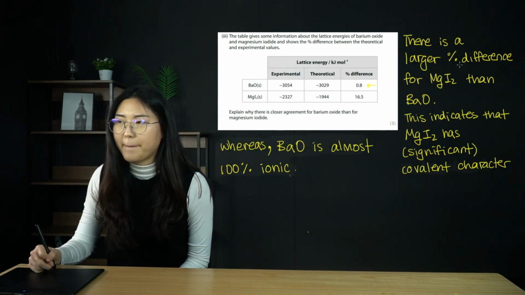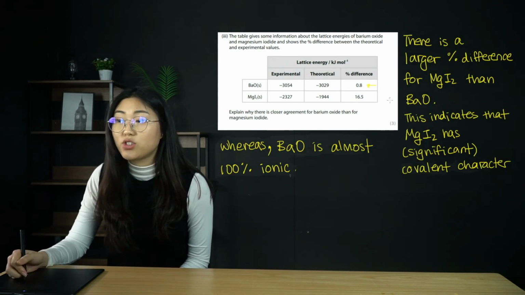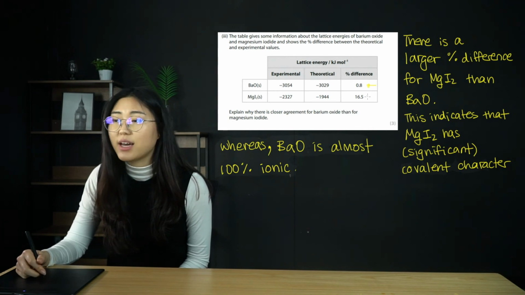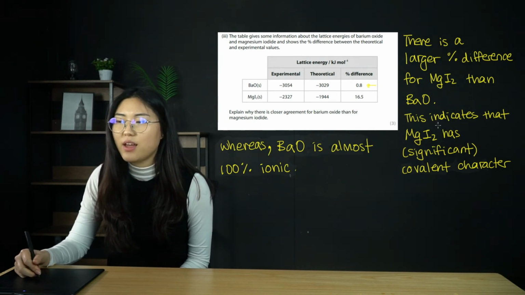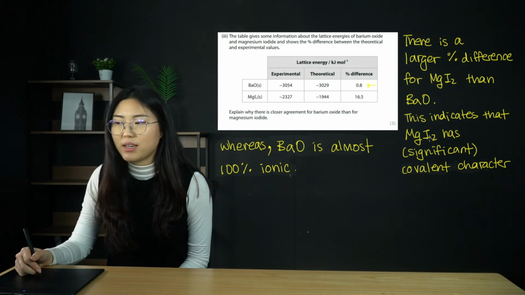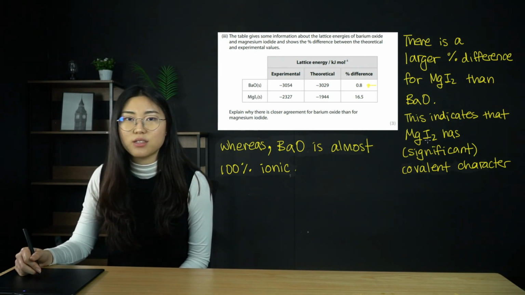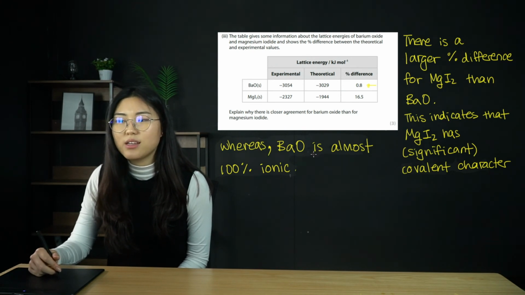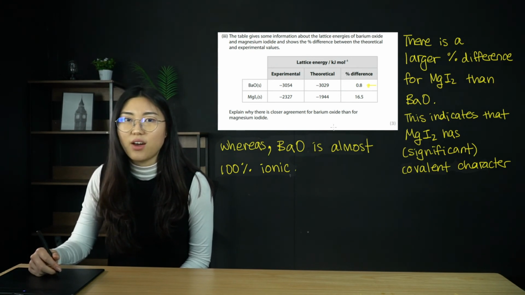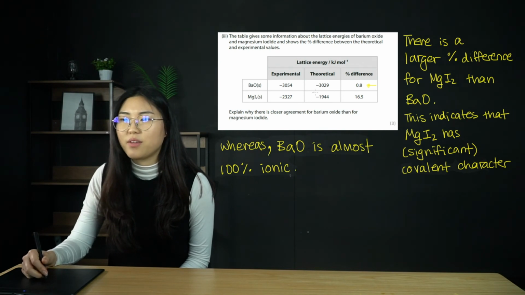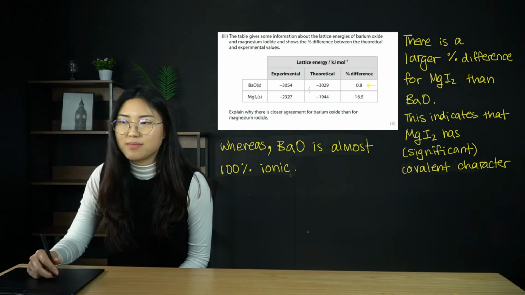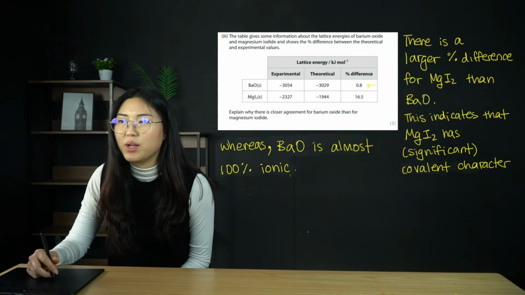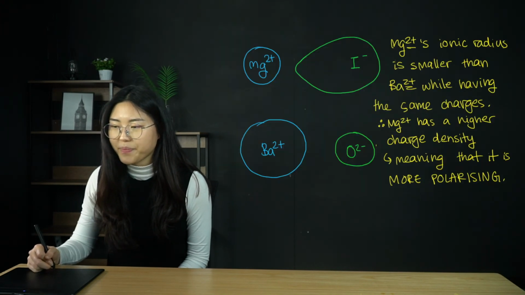So there's a larger percentage difference for magnesium iodide than barium oxide, as you can see from the data given. This indicates that magnesium iodide has significant covalent character, okay? But whereas barium oxide is almost 100% ionic, okay? Because of the very similar experimental and theoretical lattice energies, okay? So